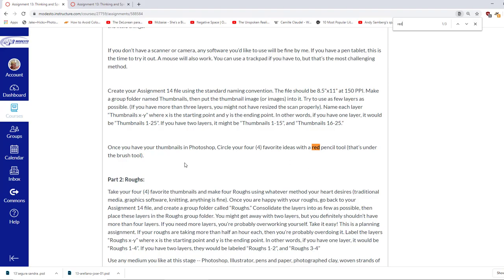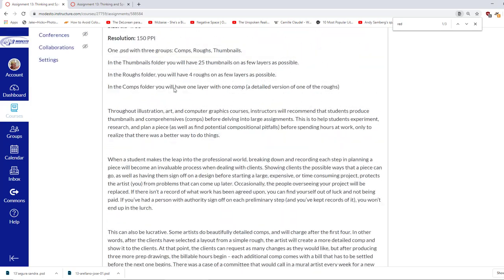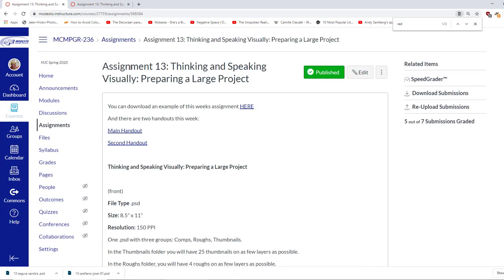So we've got a very big final Photoshop project coming up. That's assignment 15. That's not the same thing as, did I look at this? I had a typo. No one called me on this. I didn't even notice it until now. This should be assignment 13, not 14. Anyway, with the large final project coming up for assignment 15, which is in here somewhere,